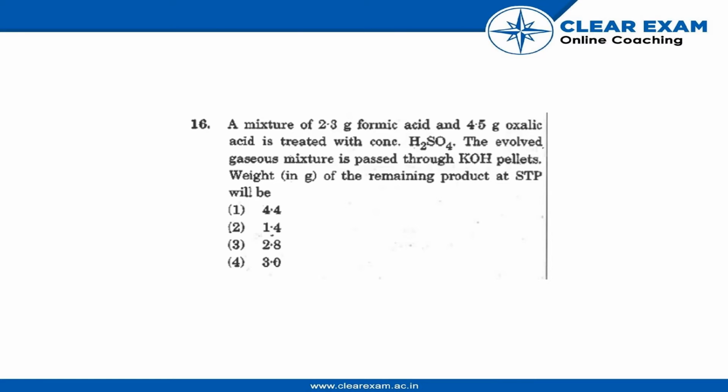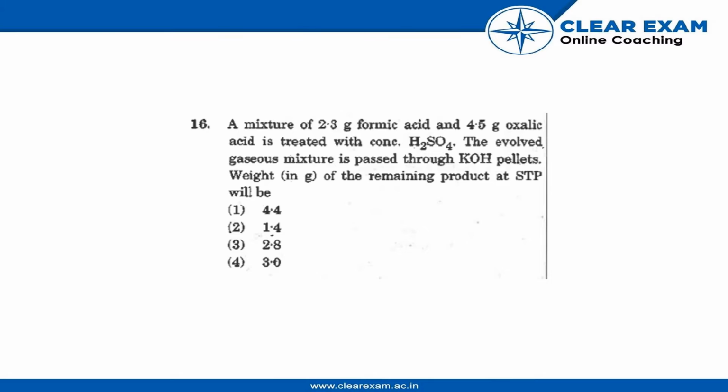Question: a mixture of 2.3 gram formic acid and 4.5 gram oxalic acid is treated with concentrated H2SO4. The evolved gaseous mixture is passed through KOH pellets. The weight of the remaining product at STP will be? So the reaction that took place is formic acid with oxalic acid